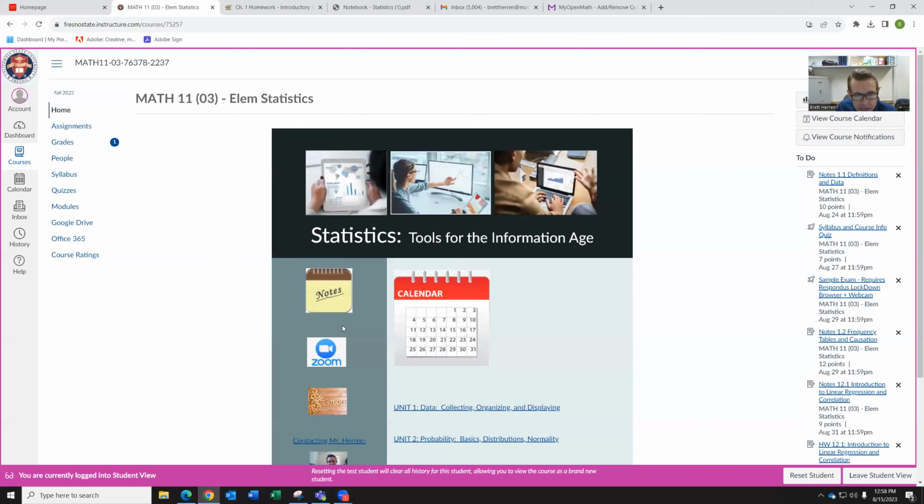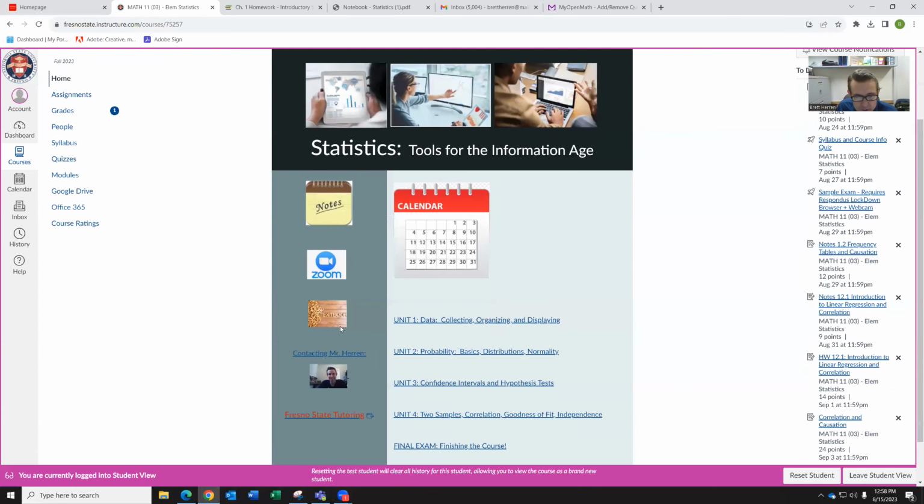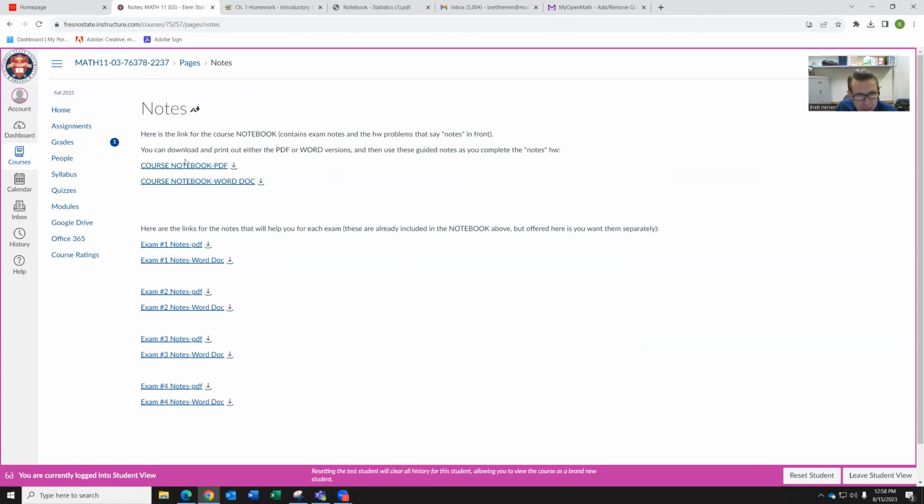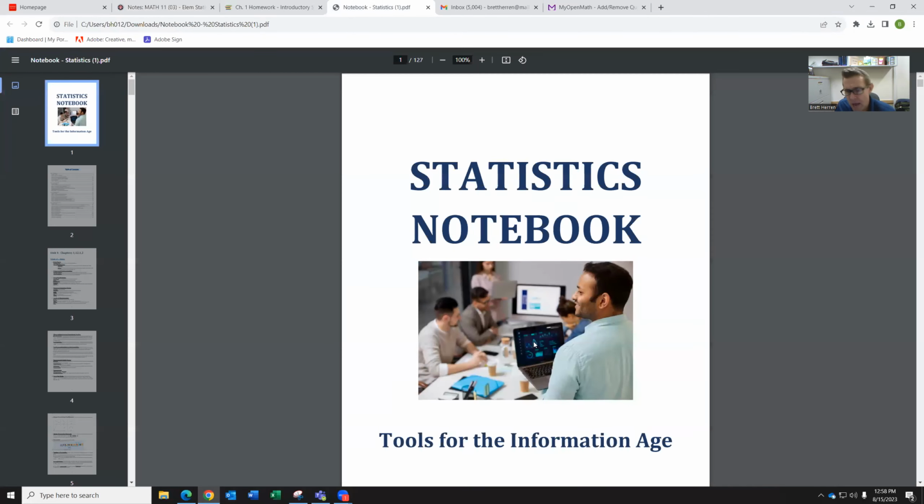Last thing I want to show you that I did, and this was maybe hopefully the most useful, we'll see, is in this notes section here. I uploaded a course notebook right here, course notebook, PDF version, Word doc version, and I've already got it downloaded right here. I'll show it to you. I made this statistics notebook because I want to give my students guided notes. They're going to basically have this electronically. They can print it out. I'm going to encourage them to print it out or use it on their iPad or